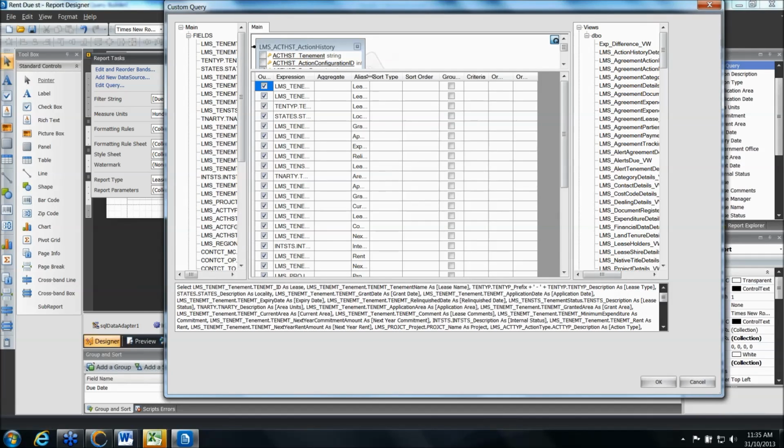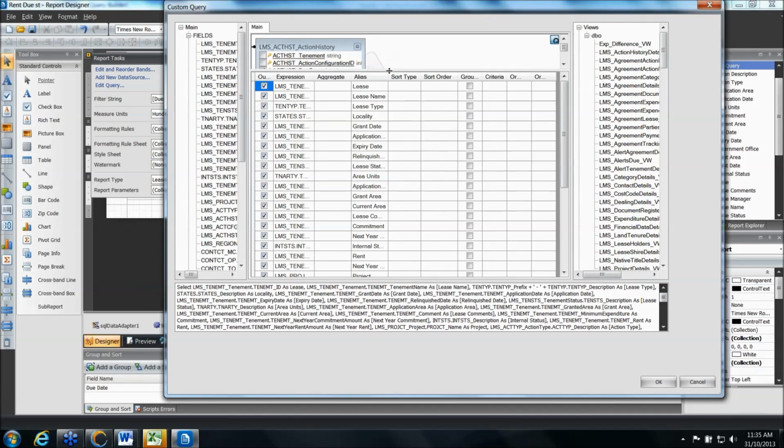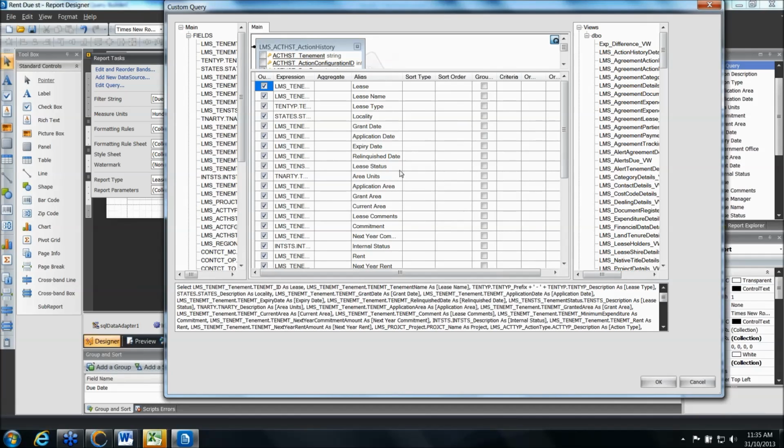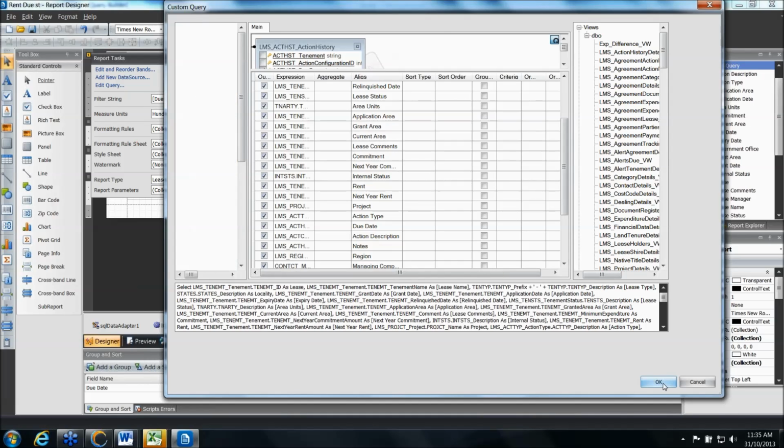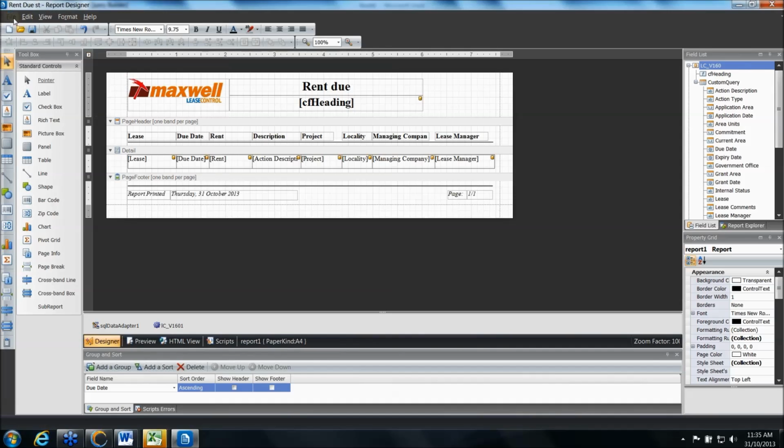So if you go into the aliases, we're going to just select out the action types that are associated to rent. So we'll go down to the action type field, and in the criteria we'll enter rent. We'll go OK to that. I'll save that. Now I'm going to go back to the viewer,